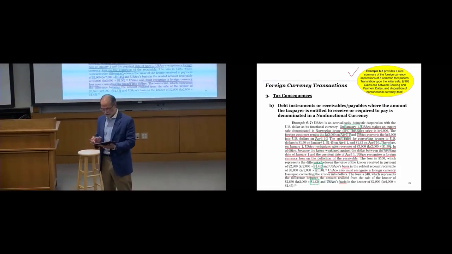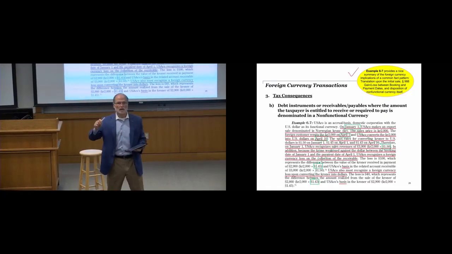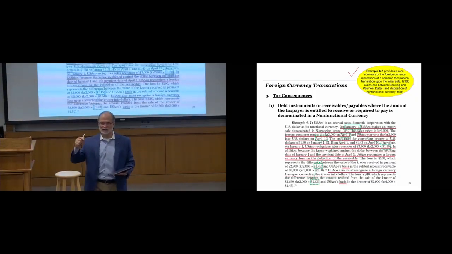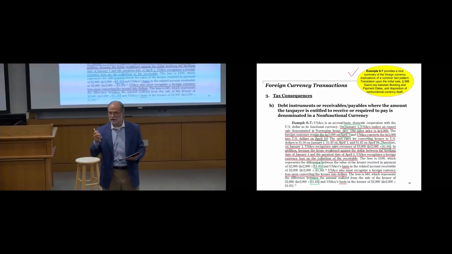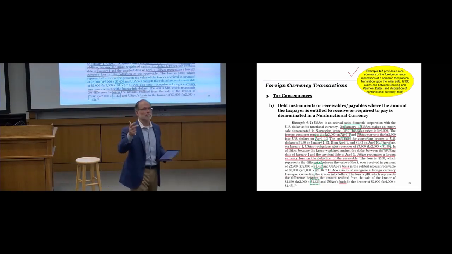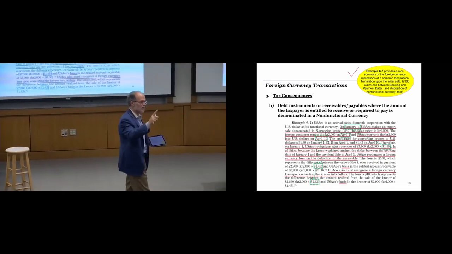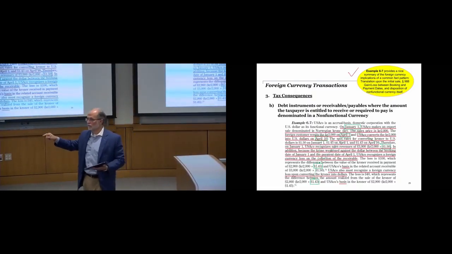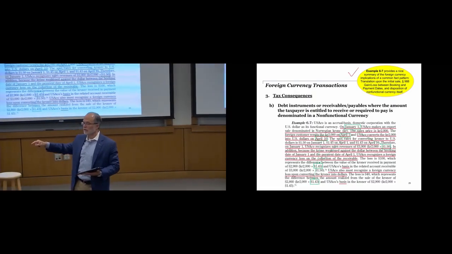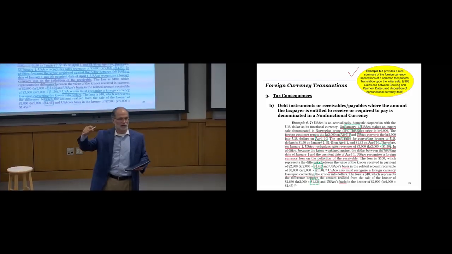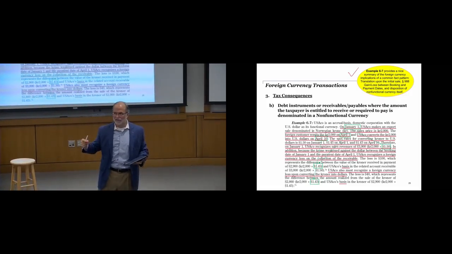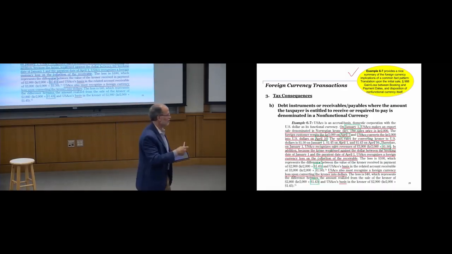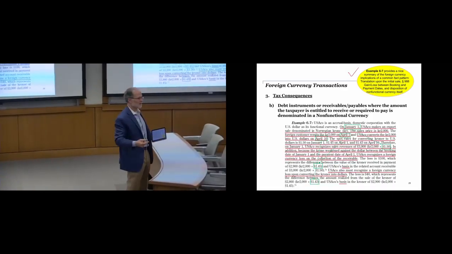And that's where it's okay to pause. I always do, thinking about what does this mean. If I count the first and second transaction, the second and third transactions, I had losses, right? Because the dollar kept gaining against the Norwegian krone. But I think it's always good to just pause for a moment and make sure you've got that right, and it's not the opposite. The fact that I said there was a loss here, does that make sense? And the answer is yes, because I got less US dollars